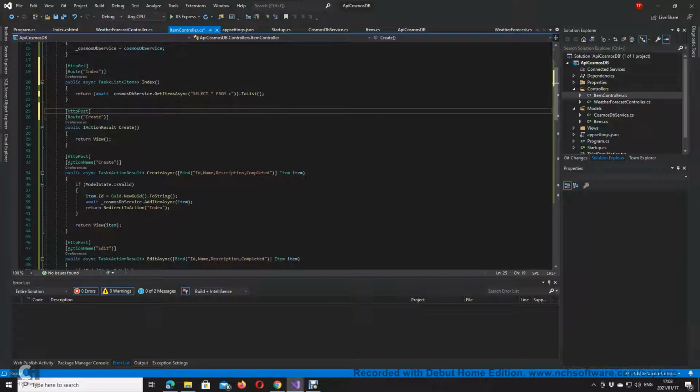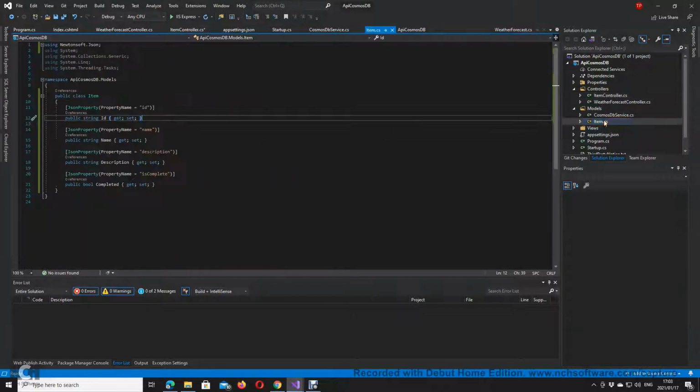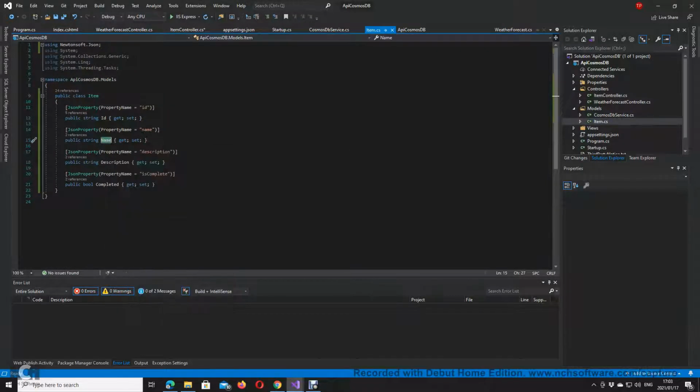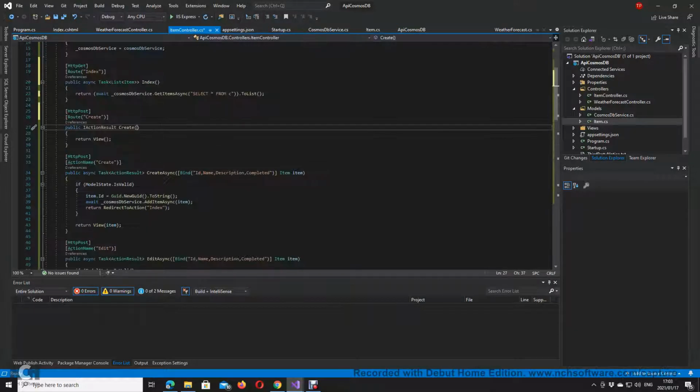Go create. Let's say name. Description. I'll put the rest in it. I just want the name of it. So go here. I'll say string name. Or I can even say item. Item. And then just have